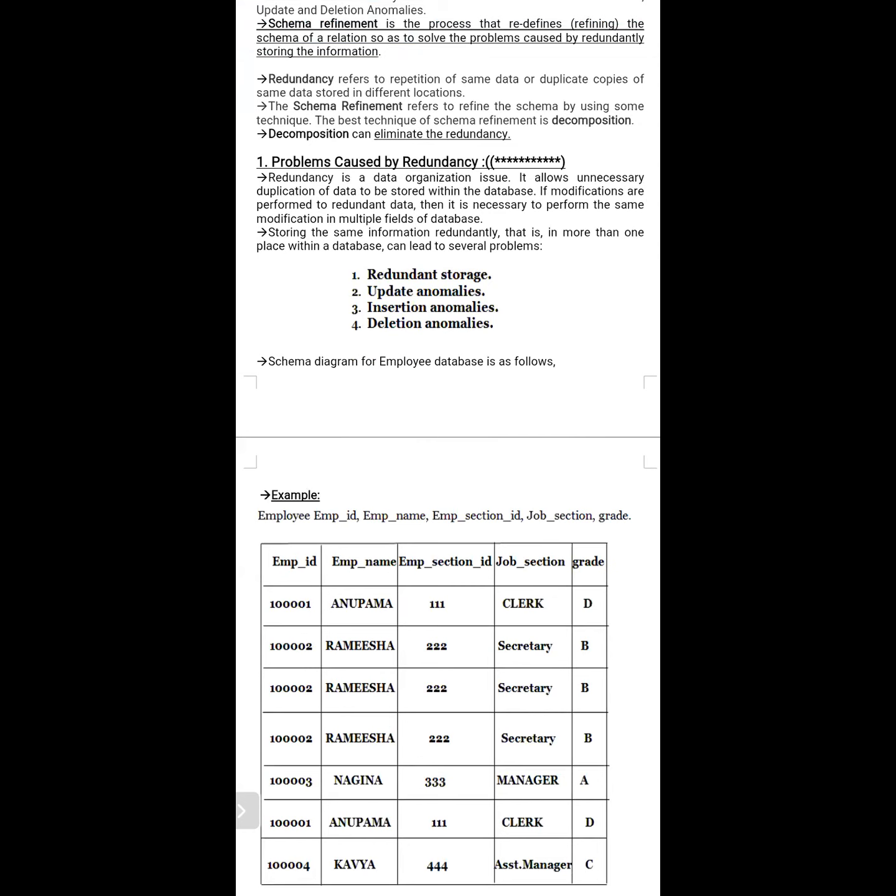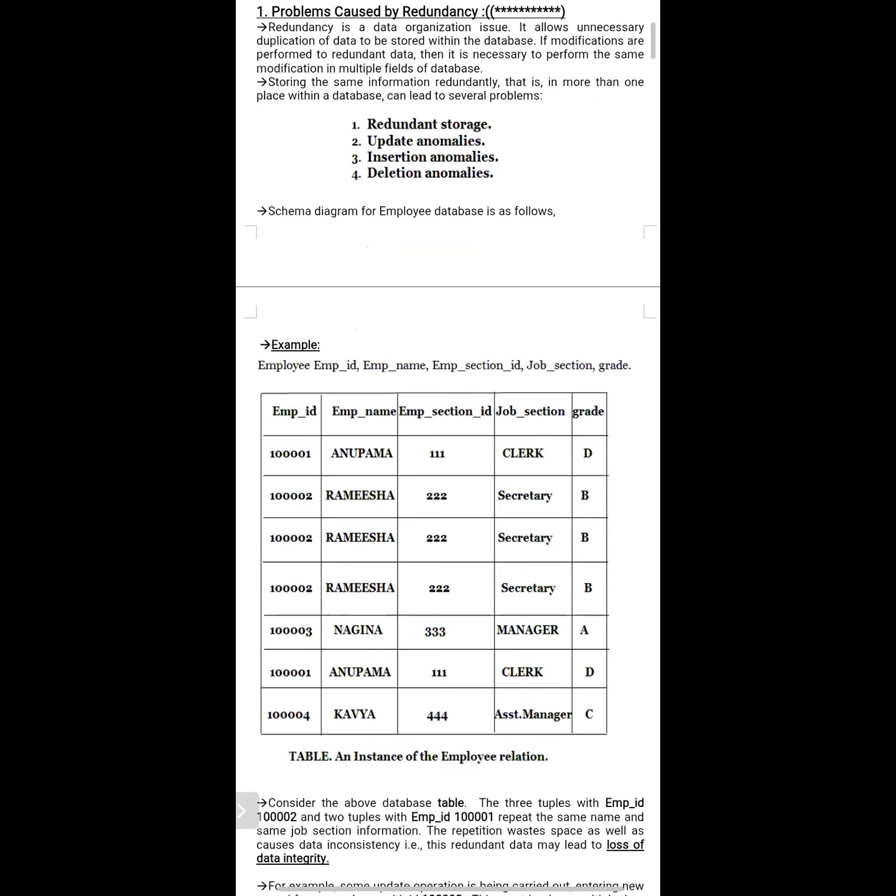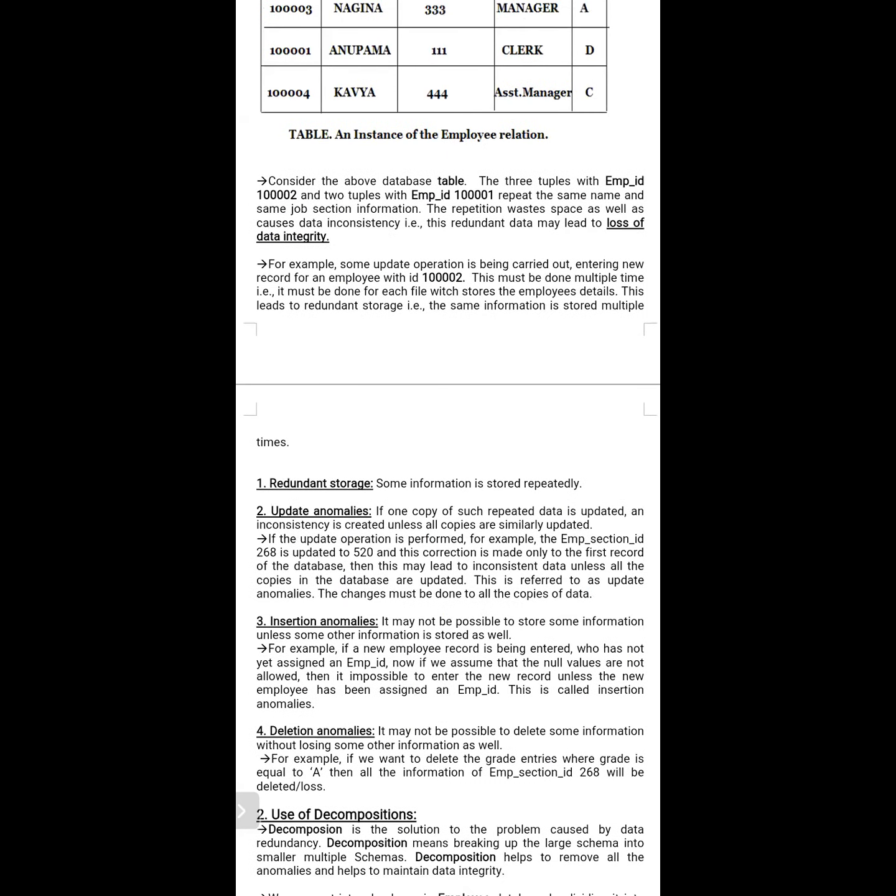That means if we want to delete one record, the remaining records are automatically deleted. Why? Because they are duplicated. For example, if the same number is assigned to more than one student, and we want to delete one particular student, then the other student's details are also deleted automatically. That's why we need to maintain unique records and not allow duplicate records. Am I right or not? So how can we eliminate these types of problems? By using the normalization technique.